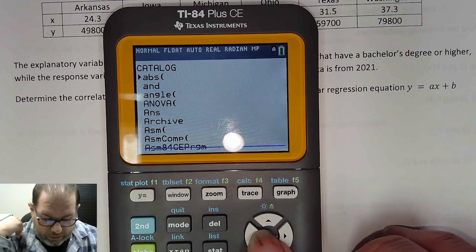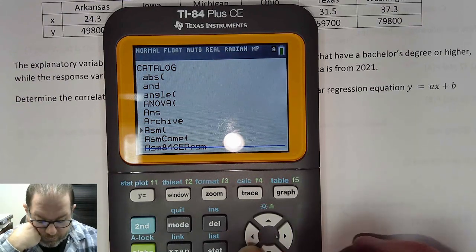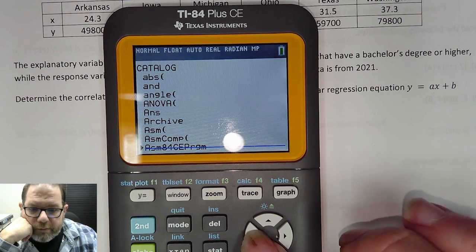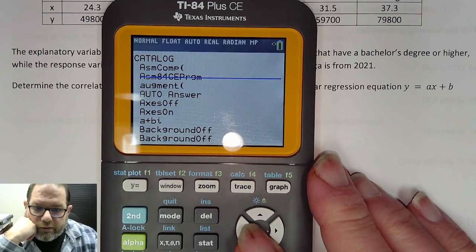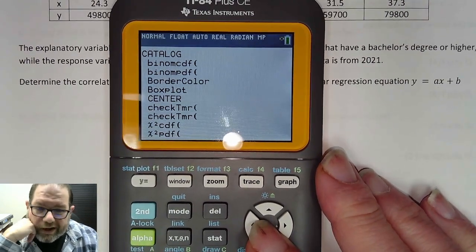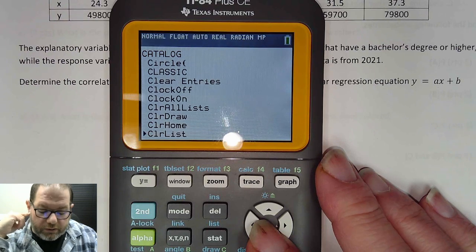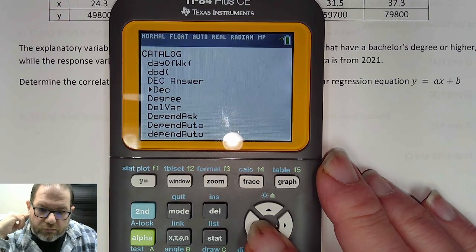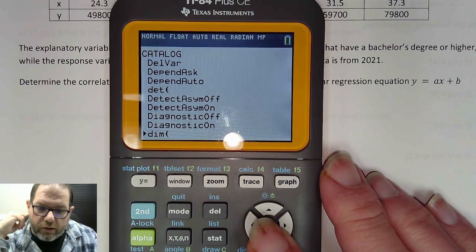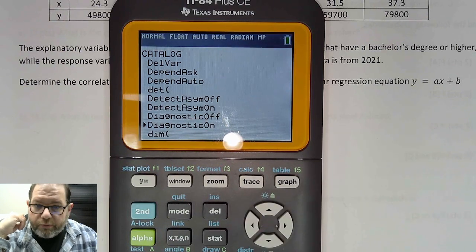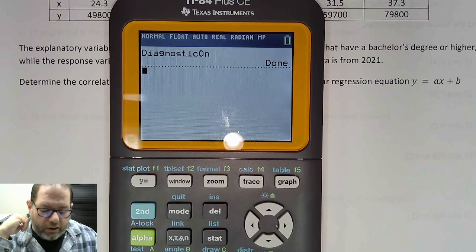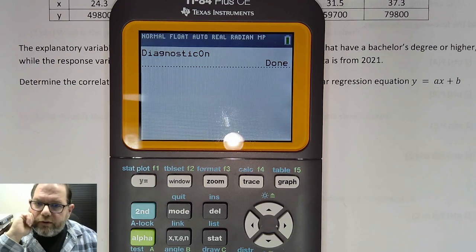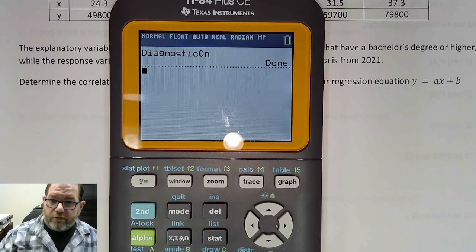Now, I don't know how I skipped through this. I wonder if there's an option. Nope, doesn't do that. Okay, so we just scroll down, and it's going to take a while. We have to get down to DiagnosticOn. There. We'll press enter, enter that again. For whatever reason, we have to turn this on to get it to tell us the correlation